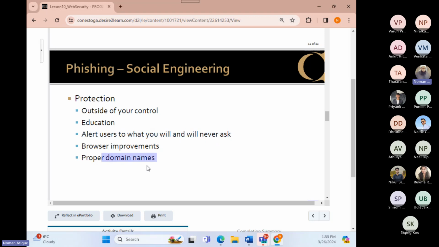Proper domain names. That is one more thing, that domain names should be very proper. And remember always that whenever you get a scam message from someone, the domain will be the fishy one. First of all, you look at that and you will see that the domain is not properly mentioned, and the domain does not show the right company. Anyhow,